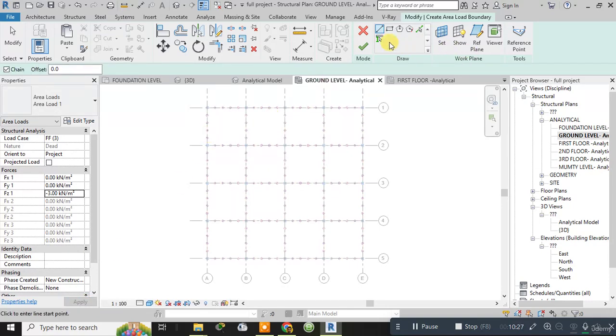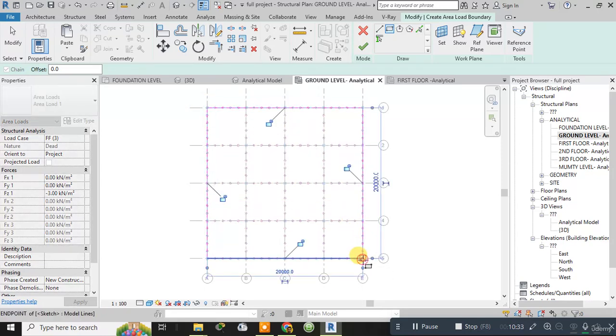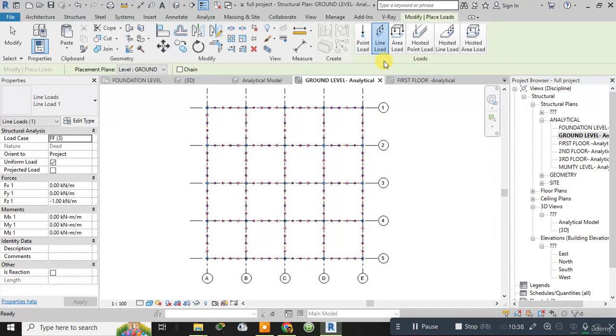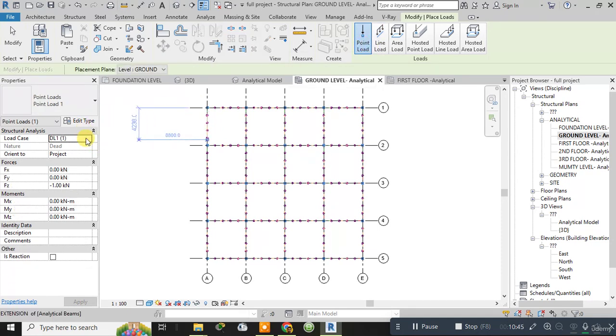Now I will select the rectangular area, from here up to here. So this one is the load I have applied. Now click on yes. In a similar way, while applying the point load, I will edit it. The dead load which I have applied, its intensity should be, as here -1 kilonewton is present, so I will find out the intensity of the